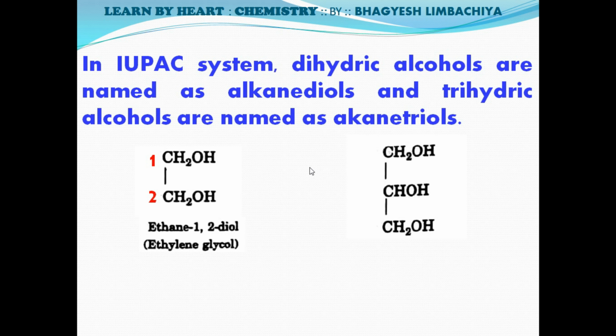Okay, next, the OH-containing carbon is given first, second and third. So there are 3 carbon atoms, then the name of the substance will be propane, and then on the first, second and third carbon atoms there are 3 OH groups, so the name of the substance will be propane-1,2,3-triol, and the common name is glycerol, and this glycerol is used in cosmetics and many household things. Okay, next,